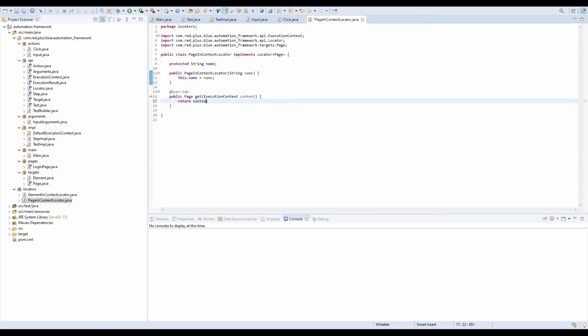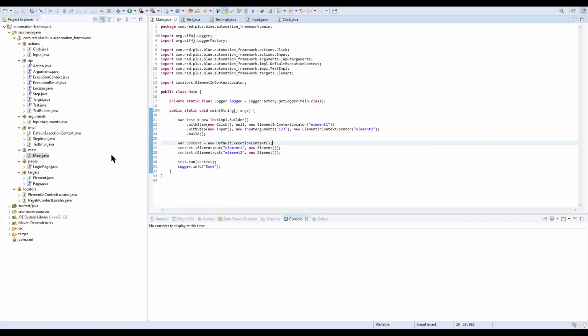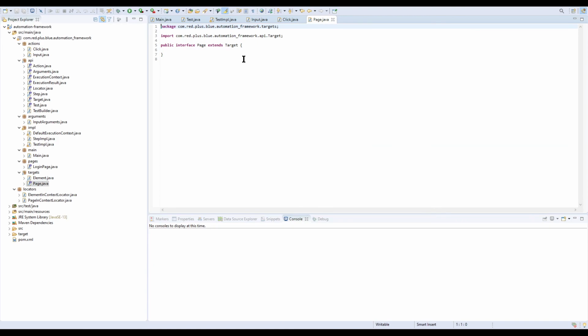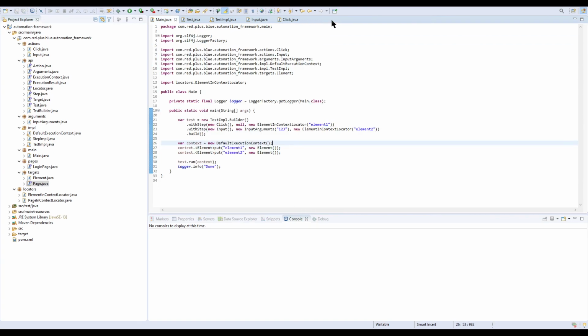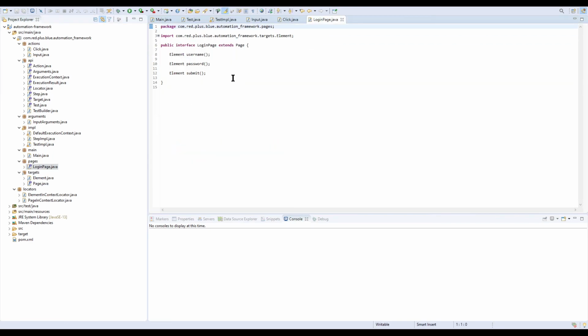Then it would be context.get. What we'd want to get is a page, and then we would want to give it the name. Okay, that will work. And then let's say we define, I don't know, the navigate method, because most pages you can navigate to. So the login page, that would be fine. And so let's just say, for argument's sake, we have a login page